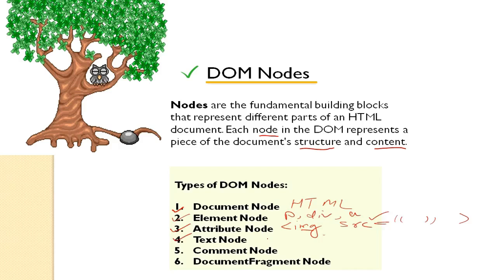Okay, then is your text node. So all the text which we are using in HTML page is represented by text node. Then is your comment node. So all those important comments which we provide for other developers is represented by comment node. Okay, so we write comment like this. Okay, so we can place any comment here, and so you can comment here like this is my comment.